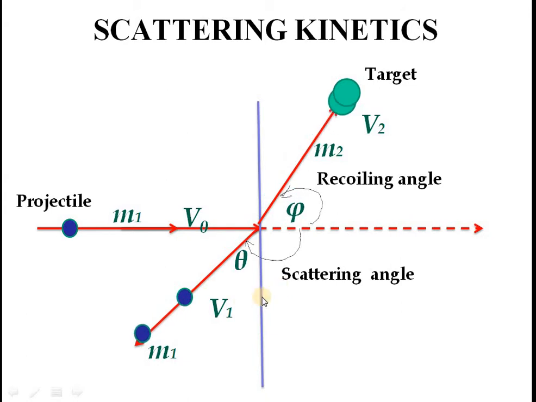Okay, energy of the scattered particle. That is our purpose. Don't forget, our purpose is to measure the energy of the scattered particle. Once you know the energy of the scattered particle, you get a lot of information regarding the mass of the target nucleus. Mass of the incident nucleus we know very well, but the target mass is also an unknown quantity. So m2 we can find out by knowing v1. Okay, so this is what we are going to do now.